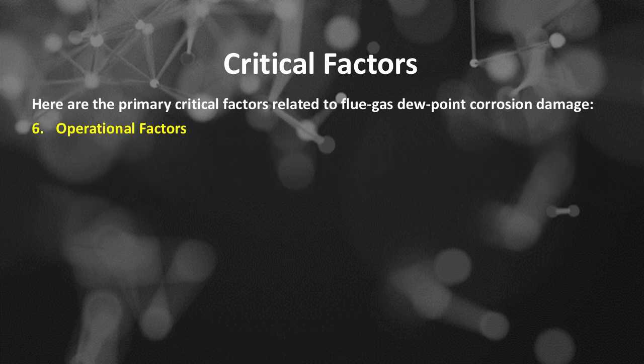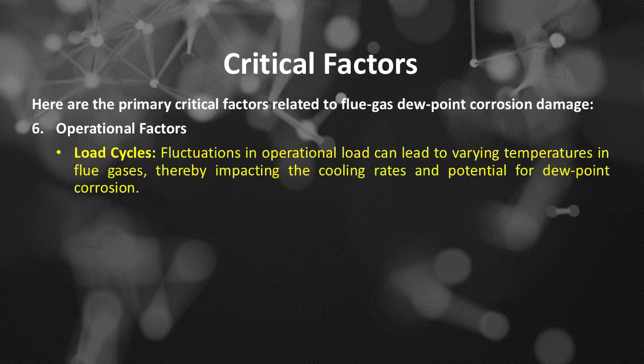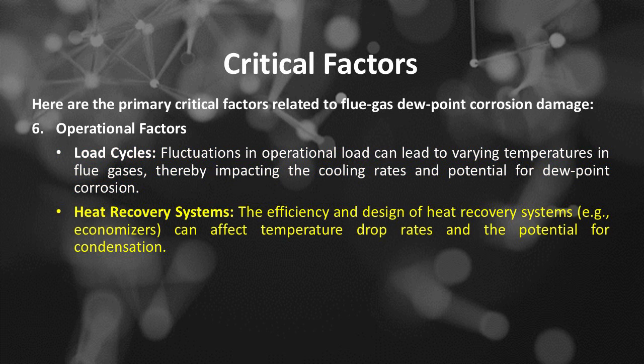Number 6 is operational factors. Load cycles, fluctuations in operational load can lead to varying temperatures in flue gases, thereby impacting the cooling rates and potential for dew point corrosion. Heat recovery systems, the efficiency and design of heat recovery systems, such as economizers, can affect temperature drop rates and